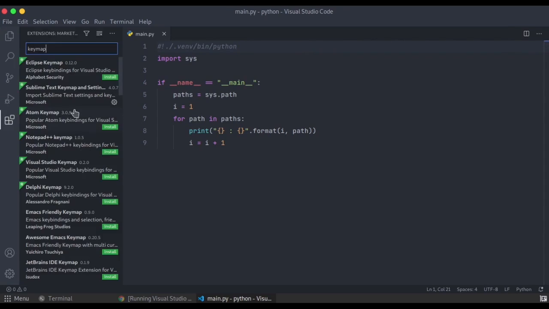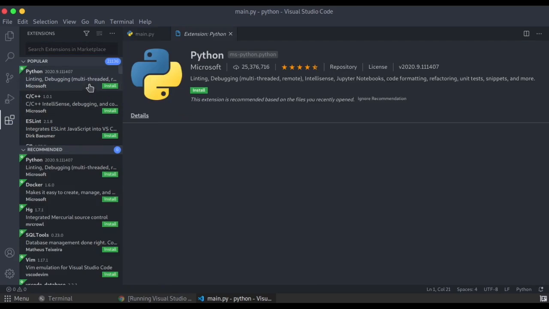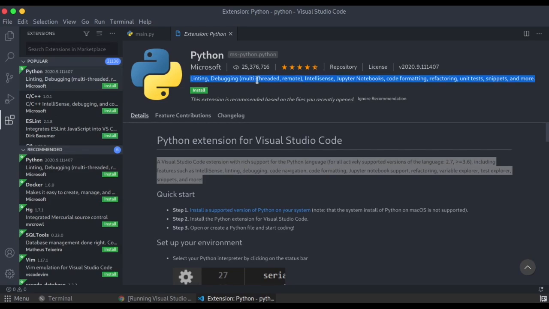So further, we will install a plugin called Python, which is developed by Microsoft. Here is the basic introduction of it. As I've already told you, read the licenses of every extension. What it is doing: linting, debugging, IntelliSense. It supports Jupyter Notebook inside your